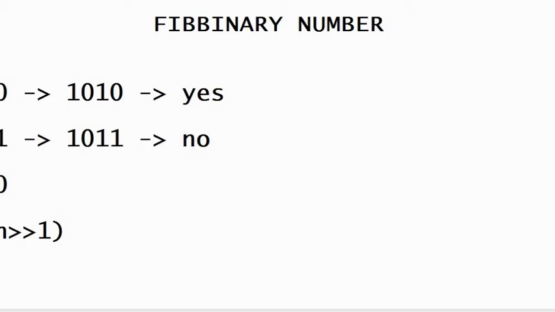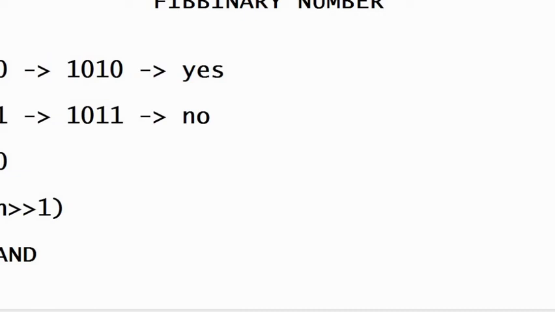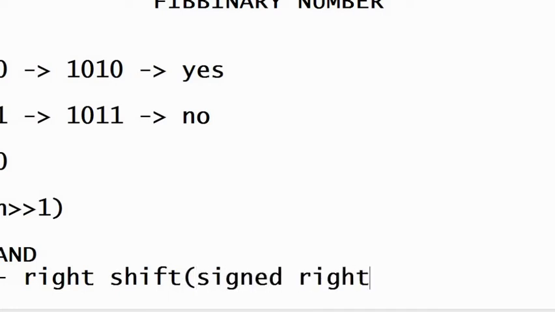Bitwise AND is an AND operator which deals with the binary representation, where when both the inputs are high, that means both the inputs are 1, it will return the output as 1, and if any of the inputs is 0, then it will return 0. Then this is right shift. In right shift we have two types. This is the normal right shift, that is the signed right shift operator,